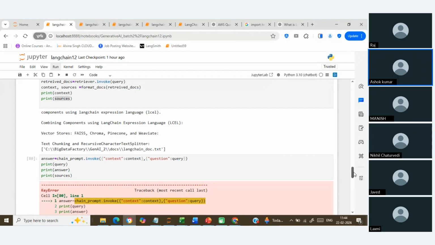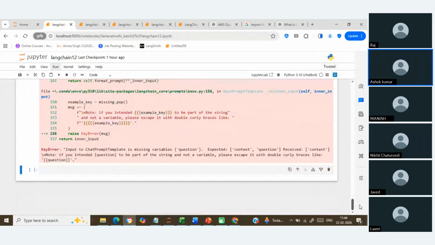What has happened? Missing variable question, context question, retrieved context. If you instead question,